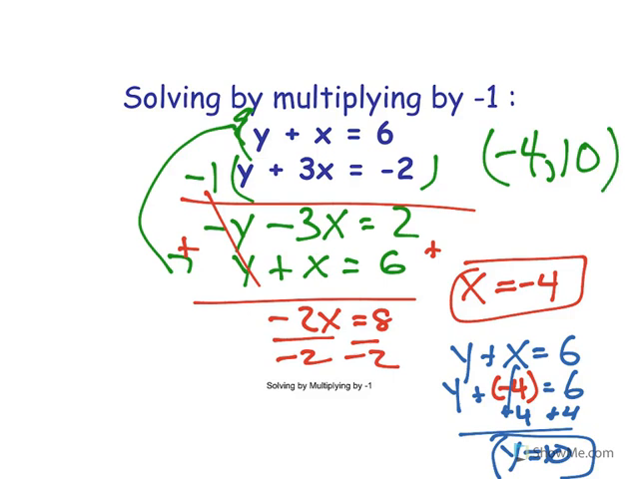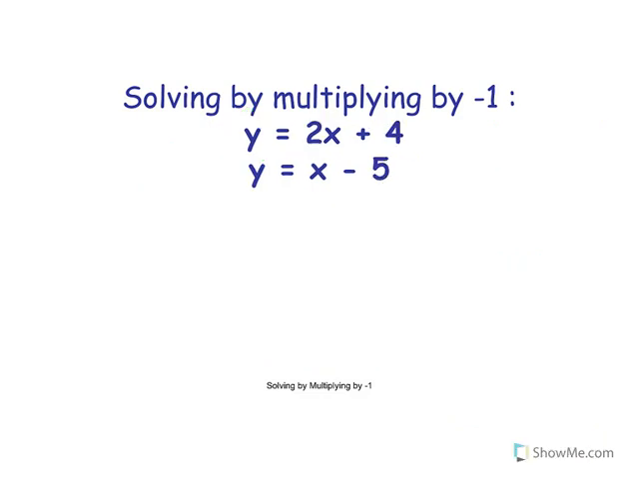Right, if I look at the first one, 10 plus negative 4 is 6. If I look at the second one, 10 plus negative 12 is negative 2. And let's look at one more. All right, so this is one